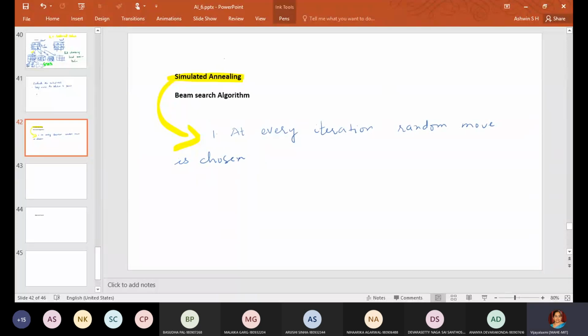Second point is, if this random move improves the situation, then the move is accepted.